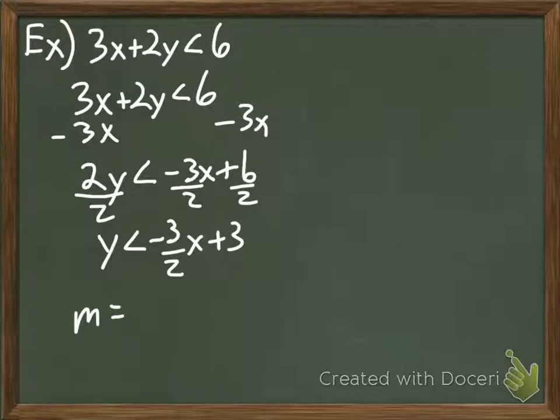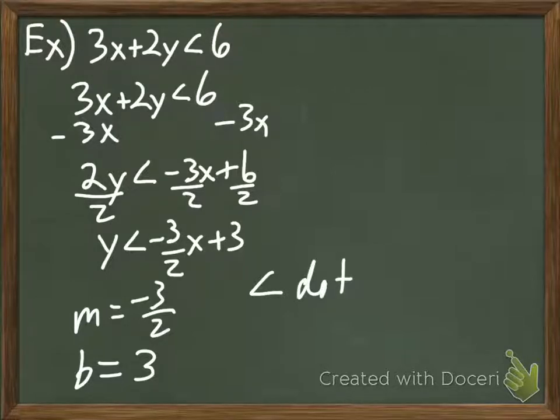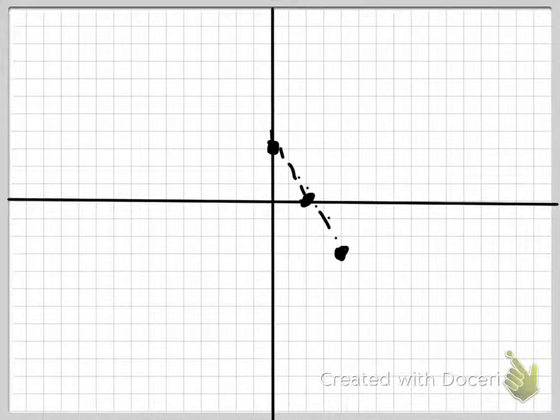So now we identify our slope, so that's negative 3 divided by 2, and our intercept, which is 3. Now this less than symbol means that we're going to have a dotted line, and we're going to shade below. So as we go over here to our graph, our y is 3, and then it's negative 3 divided by 2, so I'm going to go down 3 and right 2, and then down 3 and right 2, and this is a dotted line, so we're going to draw a dotted line